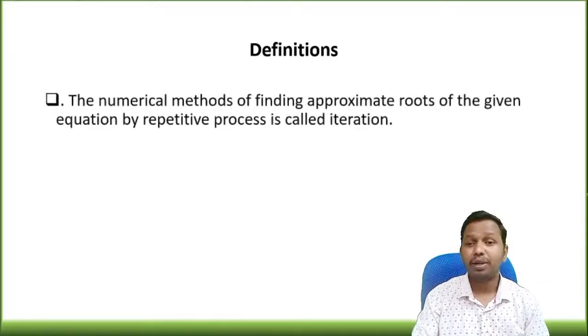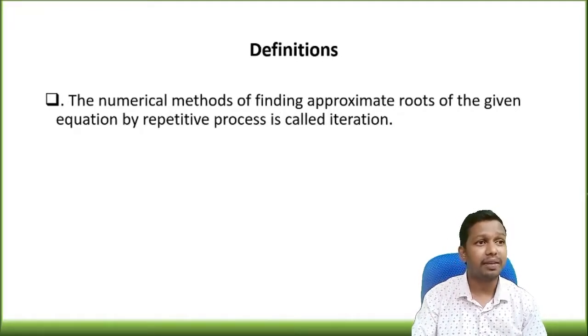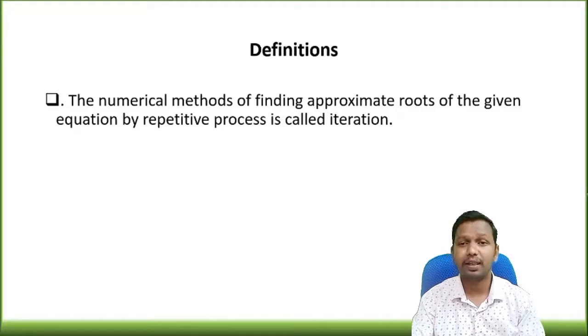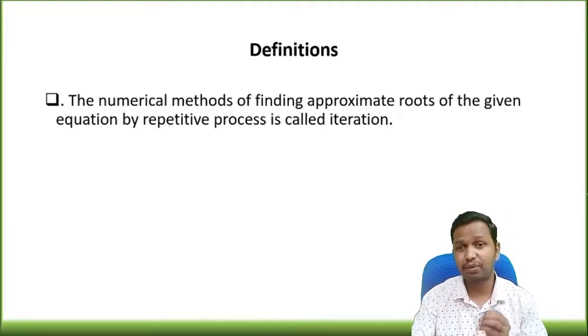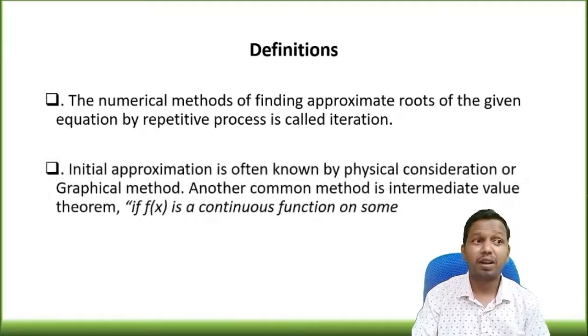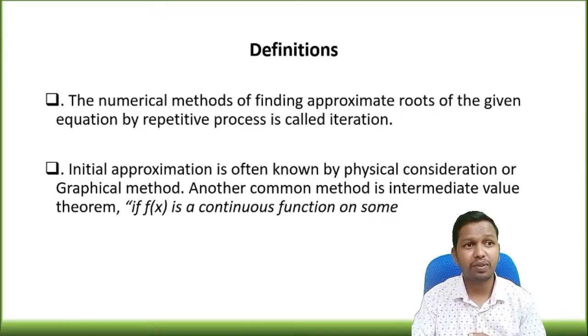Next, the numerical methods of finding approximation of roots of the given equation. The numerical methods of finding approximate roots of a given equation by a repetitive process is called iterations. And the initial approximation is often known by physical consideration or graphical method. Another common method here we use is